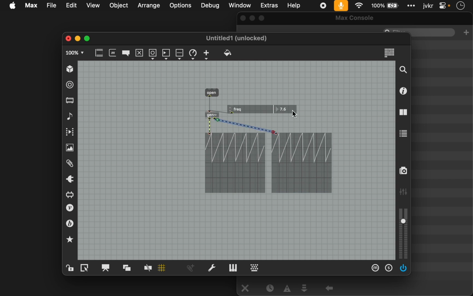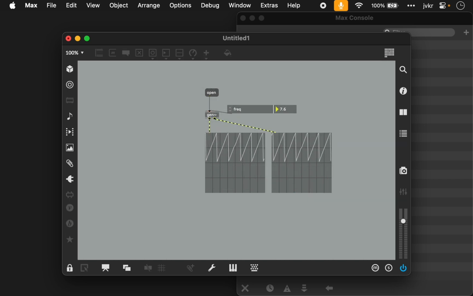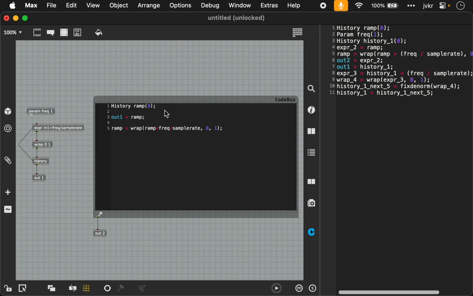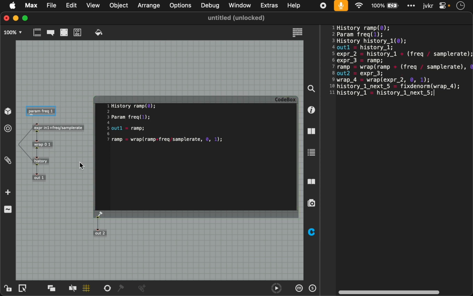When comparing the signals from both outlets, we see identical behavior. There are a number of advantages of writing scripts rather than relying on object boxes, one of which is that the code in a concise manner can express what we try to achieve. The parameter can be defined in the code box as well. And just to check it is working,